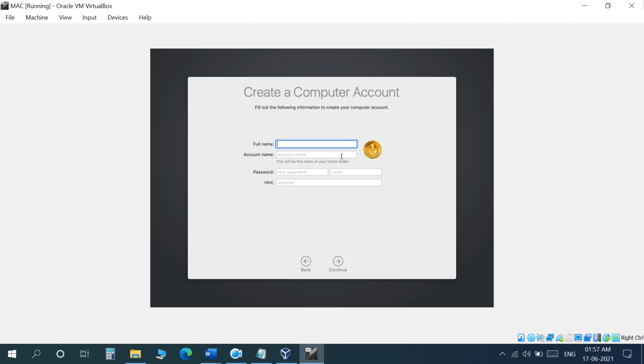Here this is to create the computer account. Here you have to give your name, the account name and password. So I will write down the name. Now I will give the password.